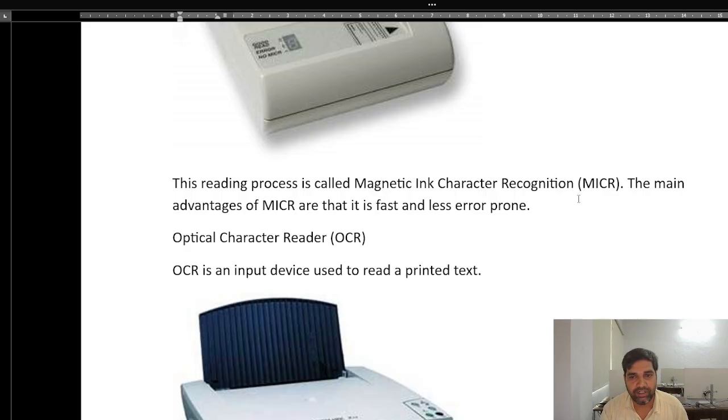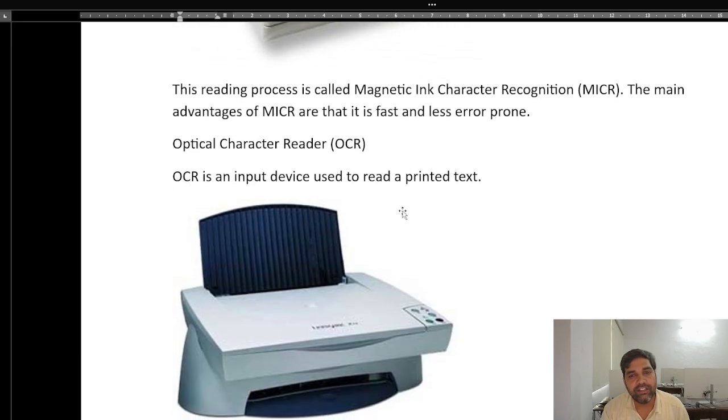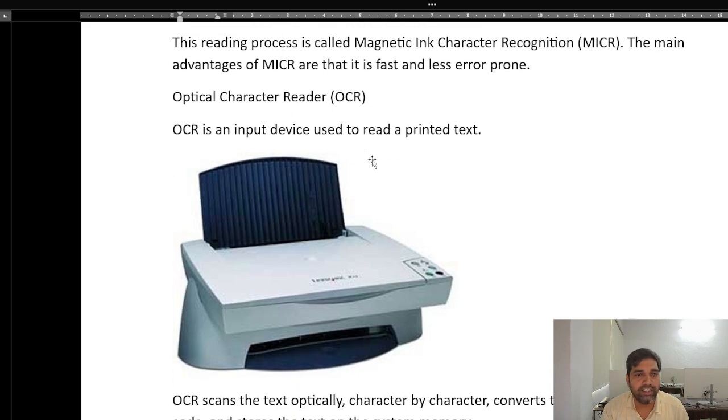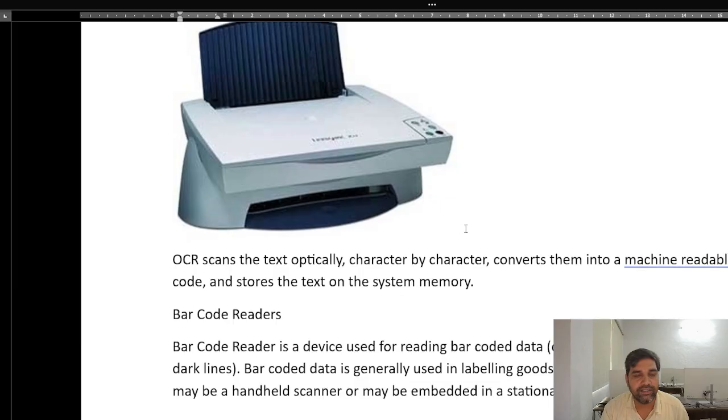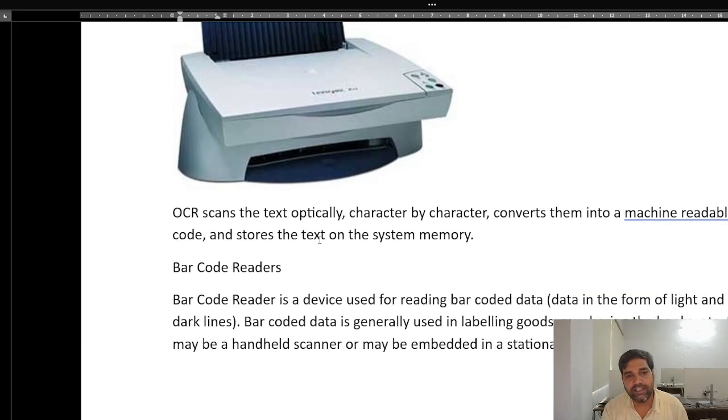The process is called MICR. The main advantage of the MICR is that it is very fast and less error prone. Next is the optical character reader, OCR. Input device, it reads the printed text. OCR scans the text optically, character by character, and converts them into a machine readable code and stores the text